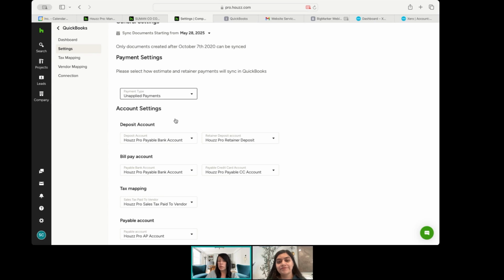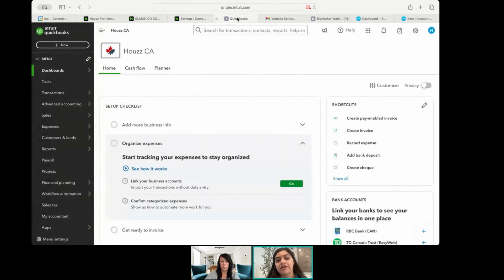Let's see. Can you demo applied payments and show where the deposit account is? So, where it syncs over, yeah, we will do an invoice and a payment so you can see how it looks in QuickBooks. But just to head over to QuickBooks, and let me just show you